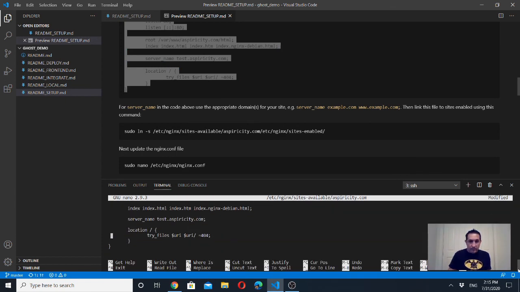Oops, go up by keyboard. So this is just saying we're going to listen on port 80. Our web root is the directory we created. We're going to look for any of these index.html file variants. And then as well, our server name is